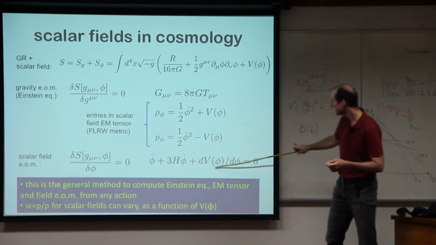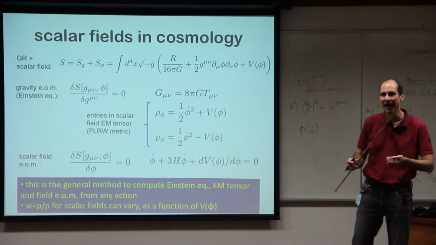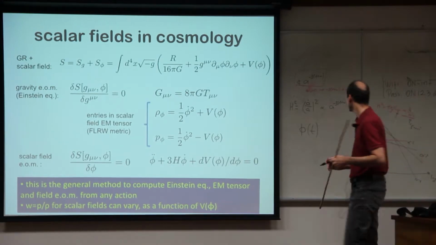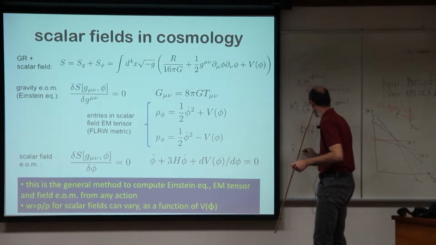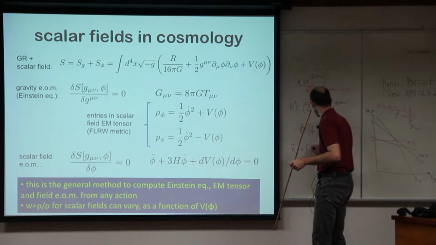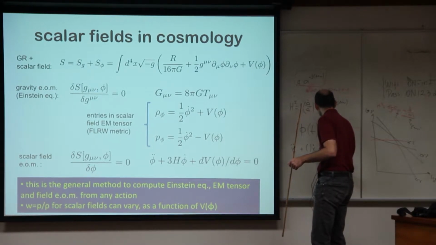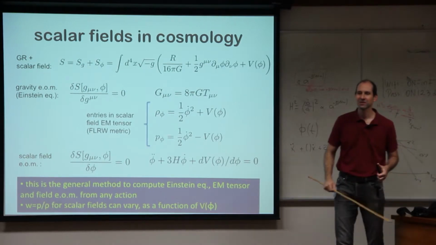Well, this equation here, you can think, if I call phi x instead of phi, and you think of this as an x of t, and so as an evolution of a particle, then the equation is x double dot plus something times x dot plus the gradient, let me call it dx v, equals 0. What kind of equation of motion is that?